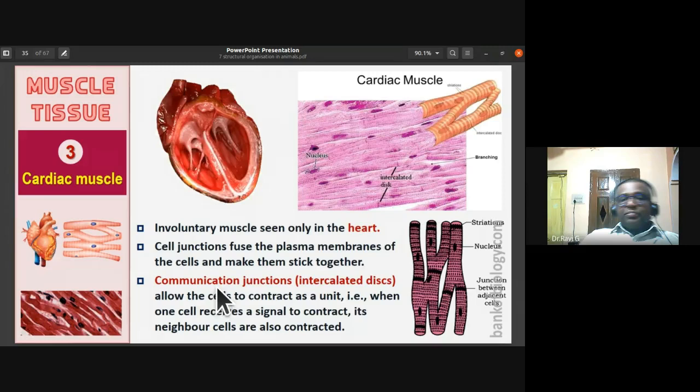This is what you have to remember. Even the heart muscle or cardiac muscles have striations. They have a prominent nucleus, but they are branched. Apart from that, remember they do not undergo fatigue. They are involuntary in function. We cannot control the cardiac muscles. They are involuntary in function and they do not undergo fatigue. They never become tired. You have to remember this feature of cardiac muscle.